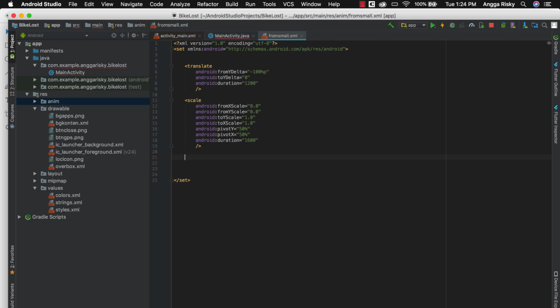And after you translate, you need the alpha actually. So here I'm going to set alpha from alpha 0.0 to alpha 1 with the duration. So the alpha is supposed to be faster.